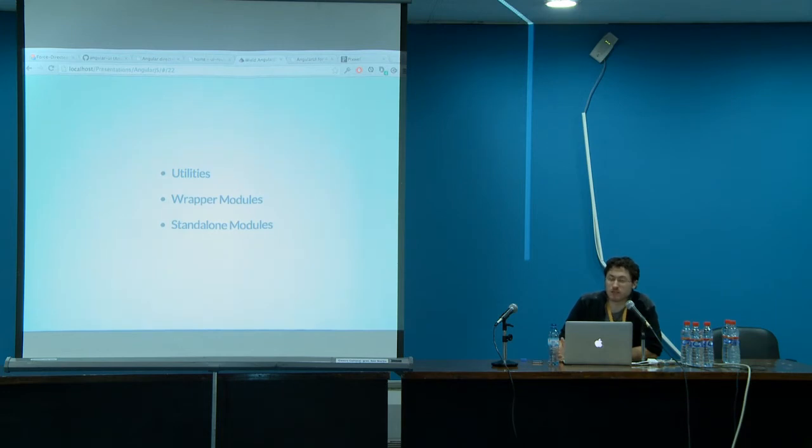AngularUI basically offers 3 different kinds of things. There's a utilities library, which just has a few commonly used application pieces that you would want. A lot of things for if you're working a lot with jQuery or jQuery libraries, any jQuery UI stuff. There's utilities in there that will allow you to easily bind events to jQuery UI elements. It also has a lot of wrapper modules for editors like CodeMirror and Ace. Maps like Google Maps.